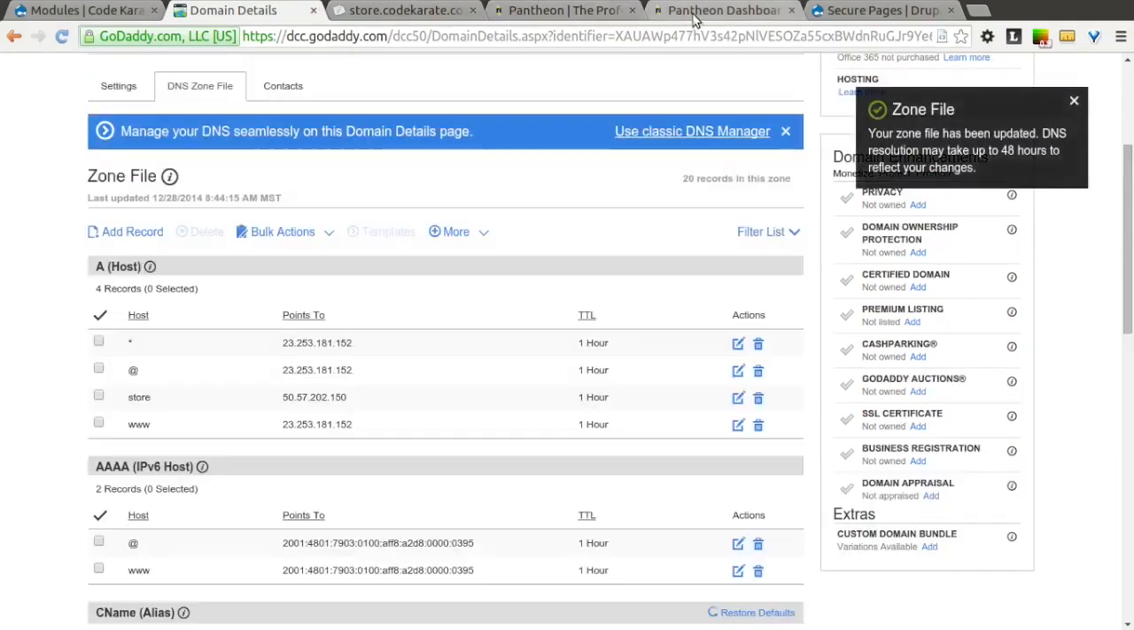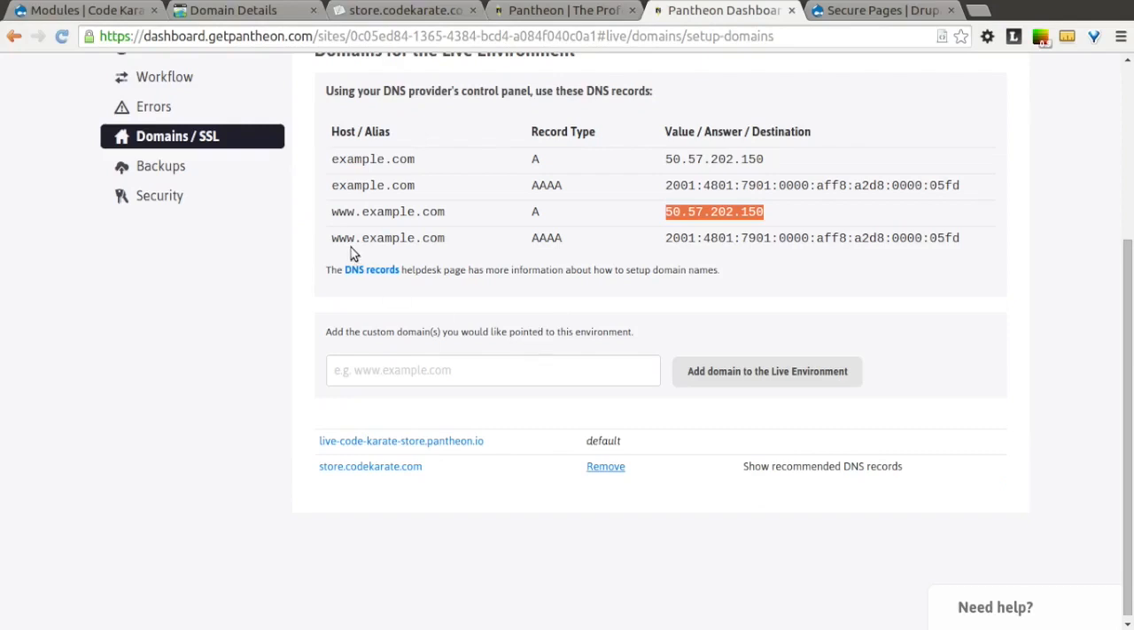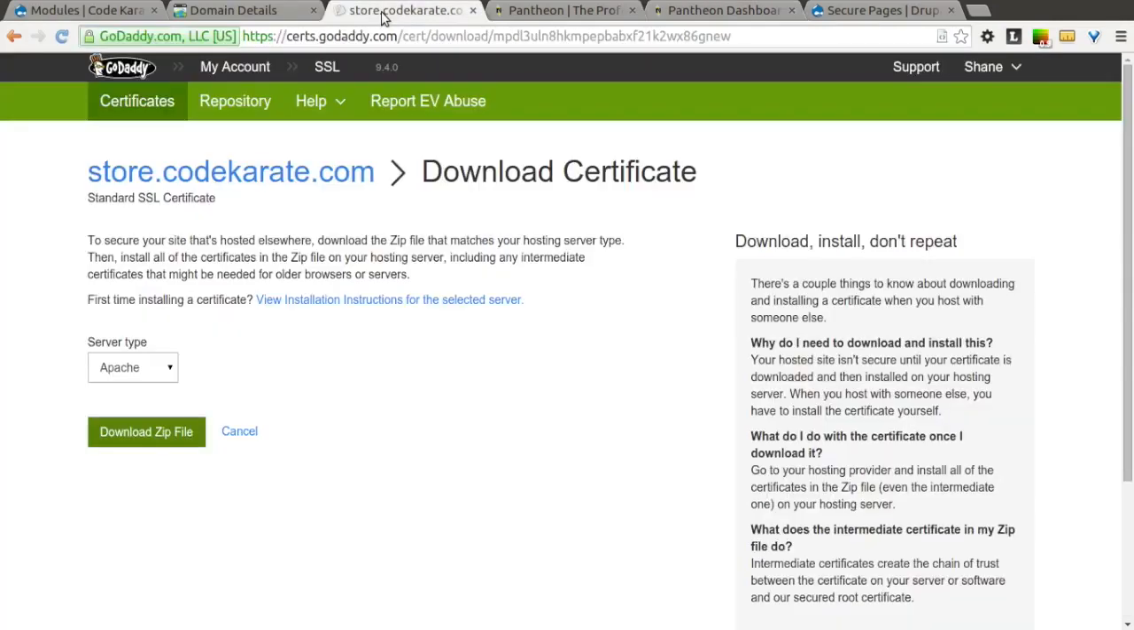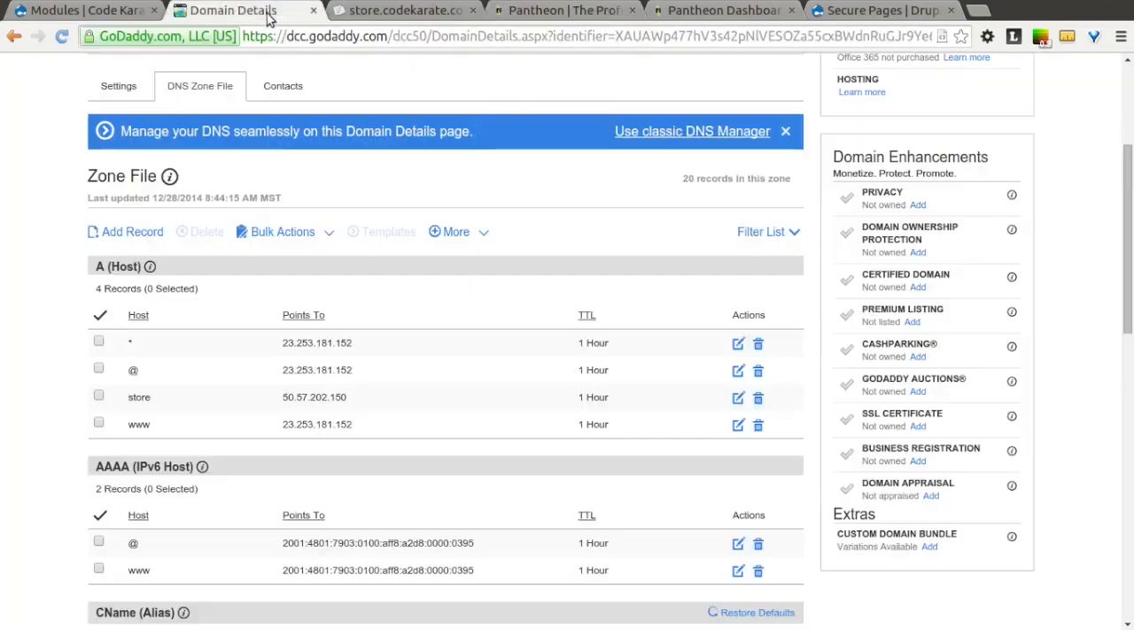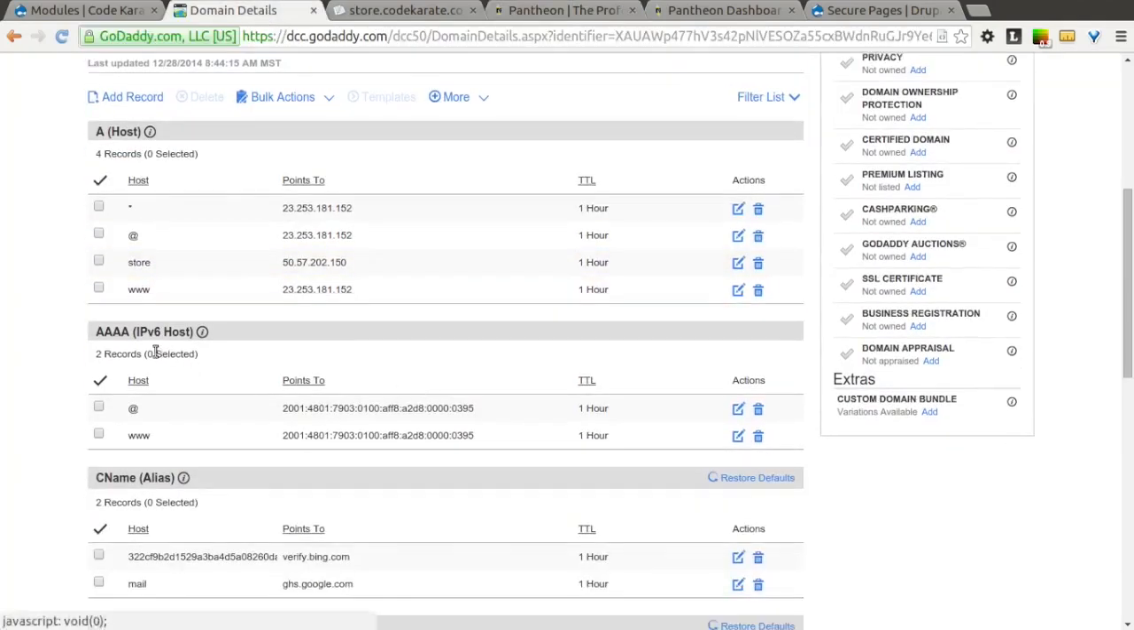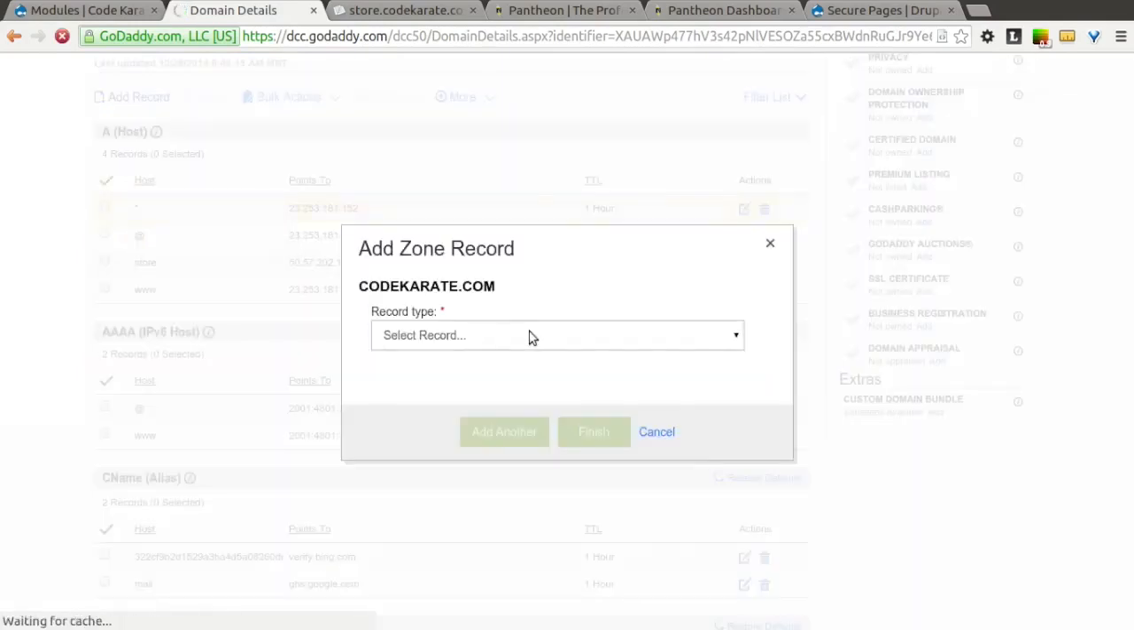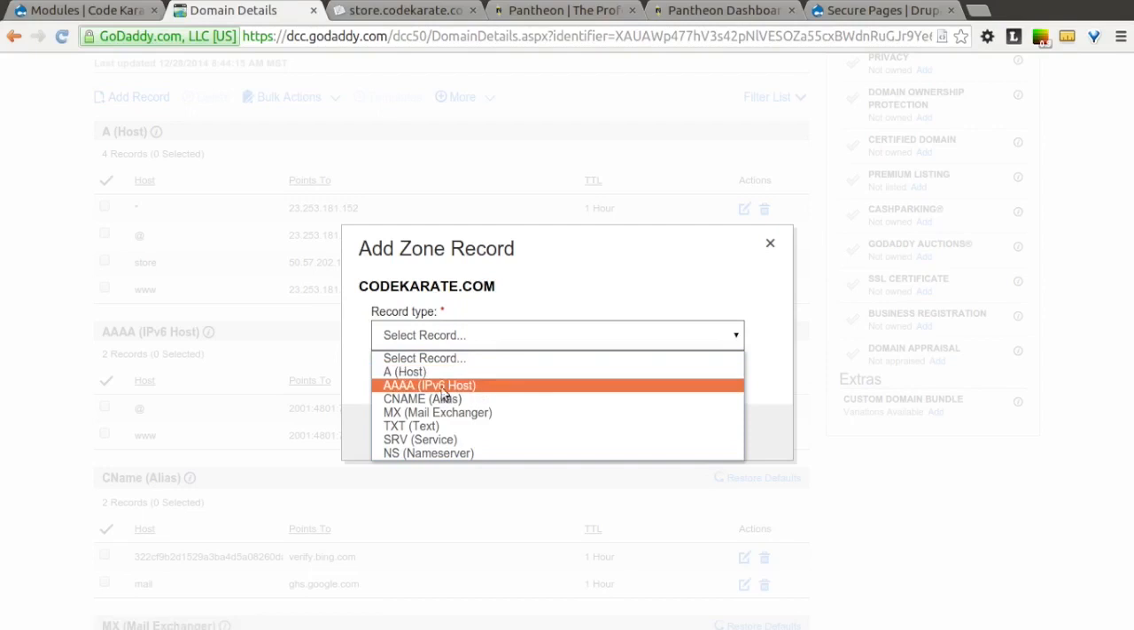We're also going to need to add one more record here. So you want to copy this where the record is AAAA, or 4 A's. So we'll copy this option, and we will come back to our domain details, and we'll want to add this record as well. So we're going to add a record again, and we're going to select the IPv6 host option, or the 4 A's,